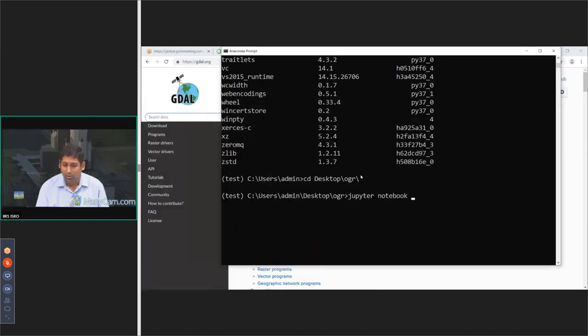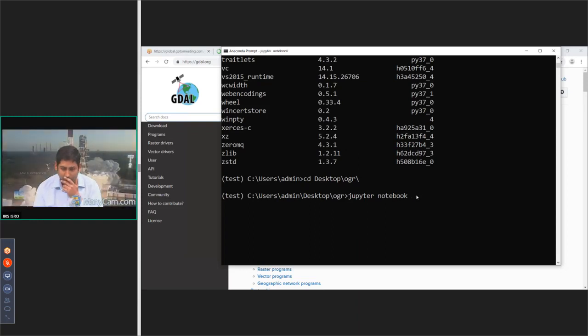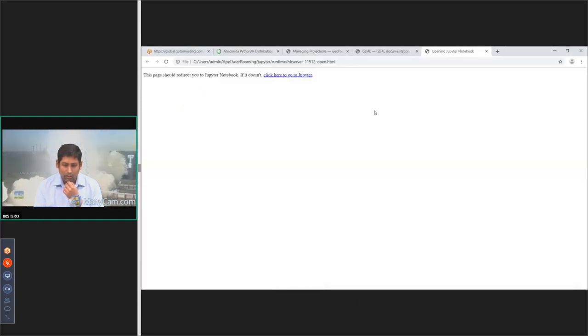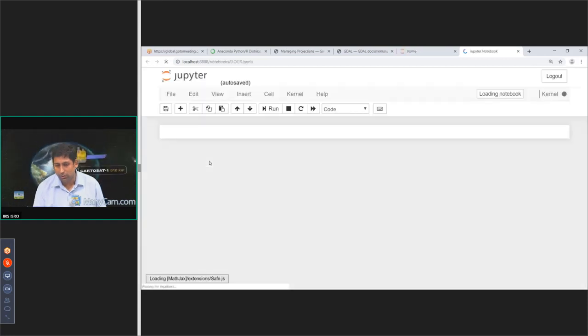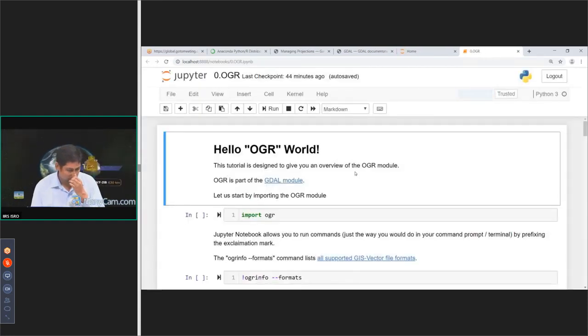Do CD, go to your drive where your data is kept, and type Jupyter notebook. Okay, so I've started Jupyter notebook. I have my two notebooks. Let's start with the OGR notebook. OGR is part of the